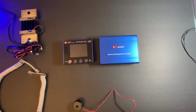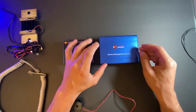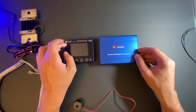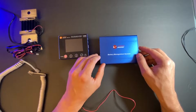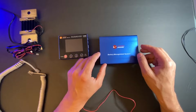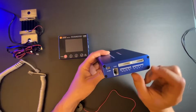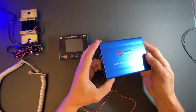Hey guys, in this video we will review Chargery BMS. We will see what's in the package and review the settings that are available in this battery management system. I have the 600 amps model with 16 cells. So here's the 16 cells BMS, and